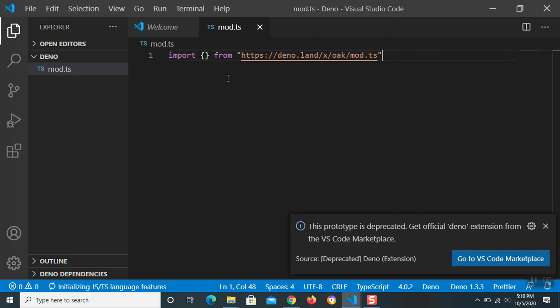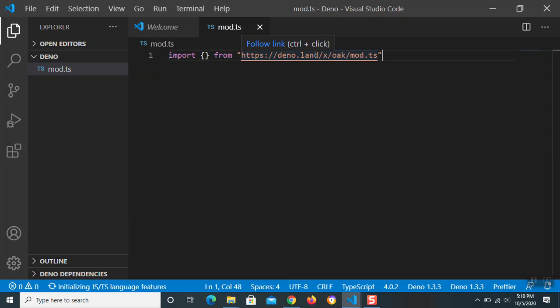and we are pointing to the Dinoland website redirect provided by this Dino.land website. Remember how Dino.land/x./Hawk/mod ts works? Just a redirect to the source code in Hawk's case, which is being hosted on GitHub. But now that we have our import, we are going to do something different.